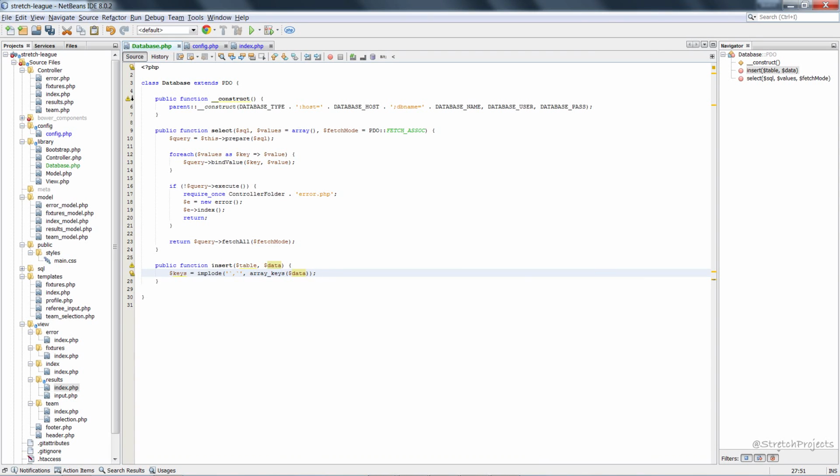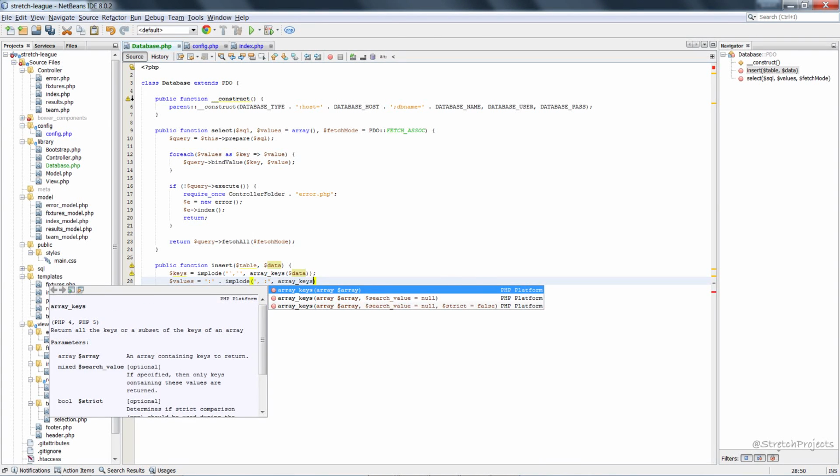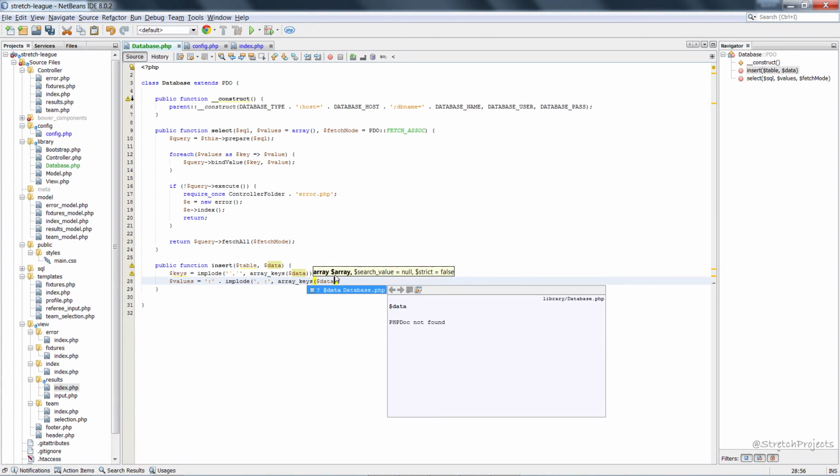We're going to do something similar with the values, except we're also going to prepend this with a colon. Again, this is slightly different in that we're going to have comma, space, colon, and we're going to use the array keys here,